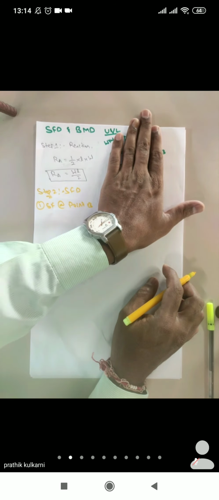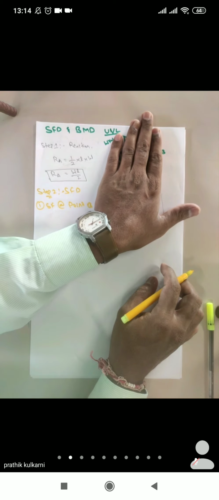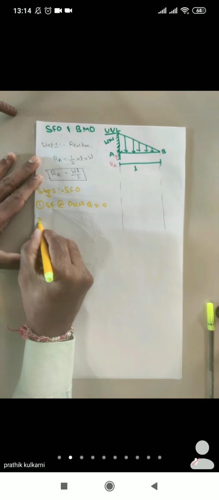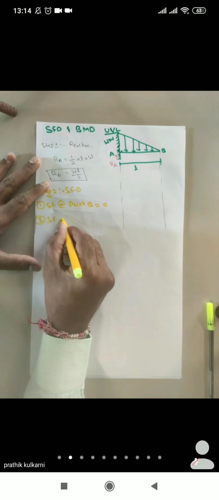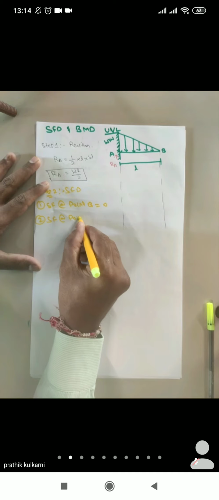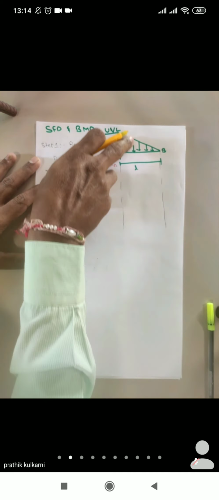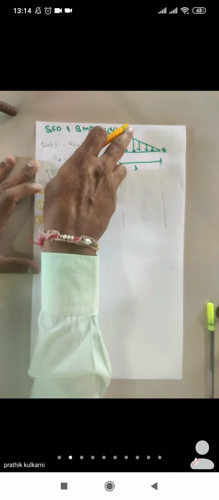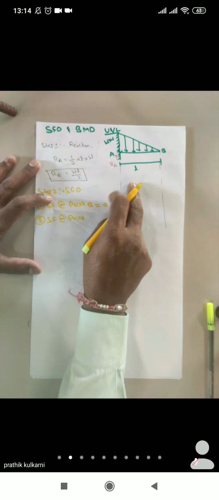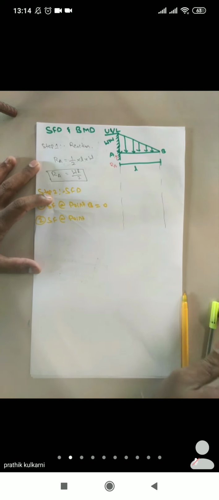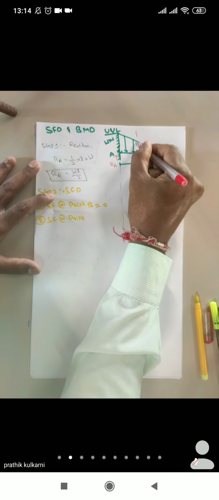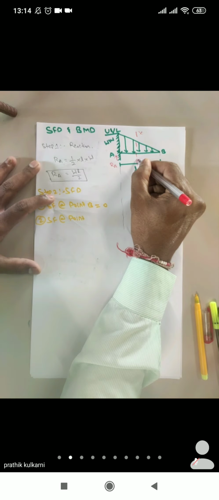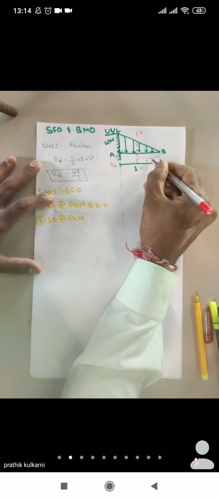So on the right hand side I'll be looking at point B. At point B, do we have any force? Is any force visible to you? No. So I can make it 0. Second, you can consider some section XX, as I told you. Let us consider some section XX for your convenience, taken at a distance of X from point B.